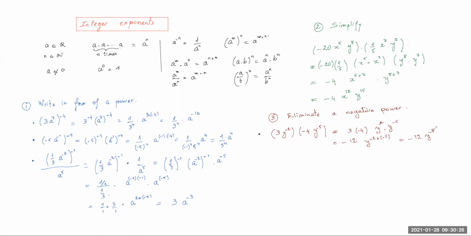So I have a negative power. A negative power is 1 over y to the n. So I can say it's minus 12 over y power 7. Okay, so let's do an example